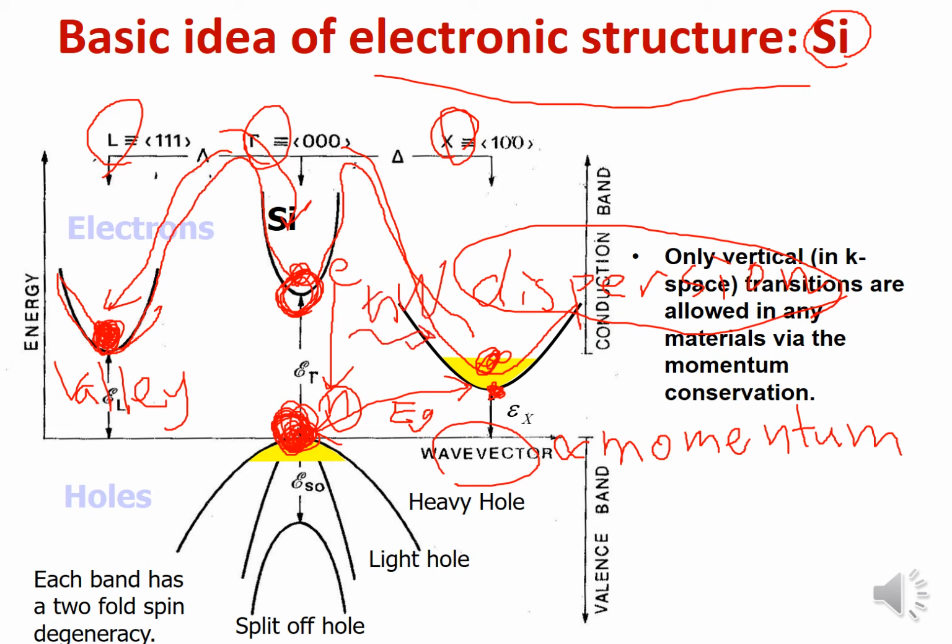Whenever it happens, it is a vertical transition like this, because not only the energy but also the momentum should be preserved during this transition phenomenon. Electron is now replaced by photon, and the energy and momentum should be conserved between them. So the original electron momentum, let's say,